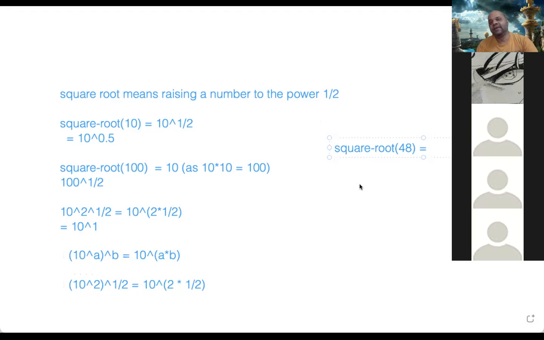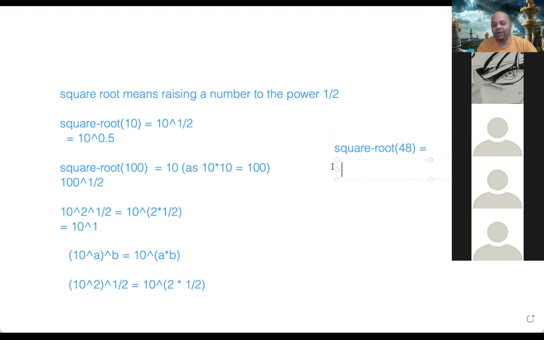No, it is not 5 because 5 squared is 25. So the square root of 25 is 5, the square root of 36 is 6, the square root of 49 is 7. So it will be somewhere between 6 and 7. Then it will be 6.5, sir. No, it will not be 6.5 either. 6.5 into 6.5 is not 48. It will be something like 6.9. Okay, so what is that number?